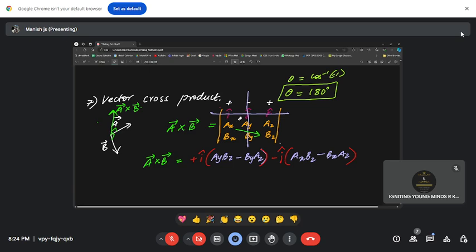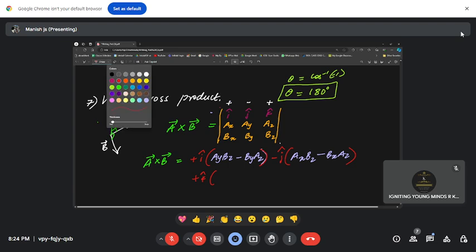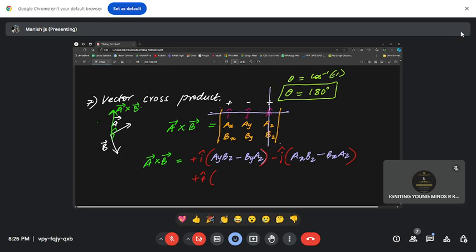Now writing it for the last term. So that is for K cap. What is the sign, children? You can see above K, it is plus. So plus K cap. Open the bracket. Corresponding row and column of K needs to be blocked. So I block the corresponding row and column containing K, and you're left with a 2 cross 2. So AX, BY, as you go down, just write the product. As you go up, subtract and then write the product. So minus BX, AY. That's it.